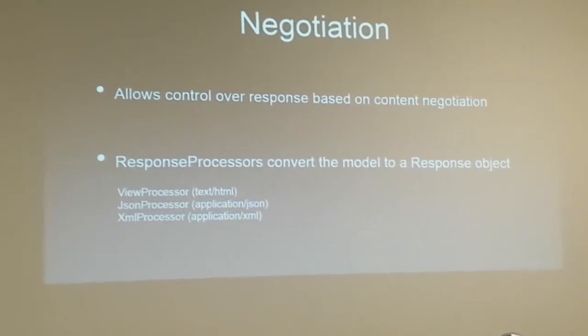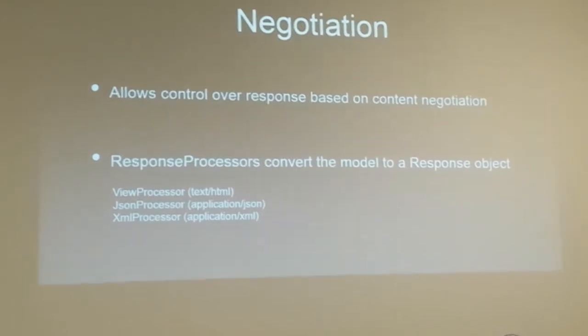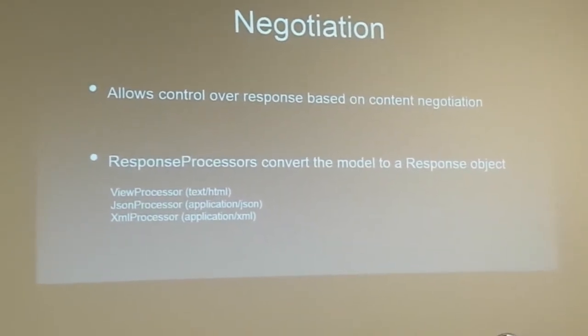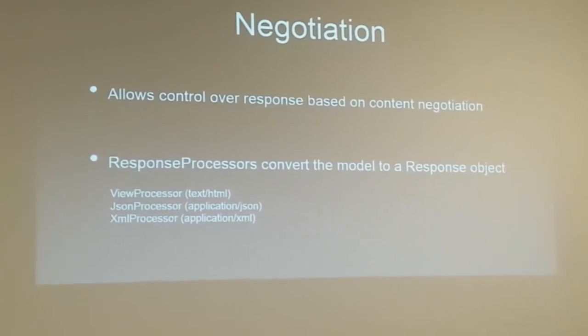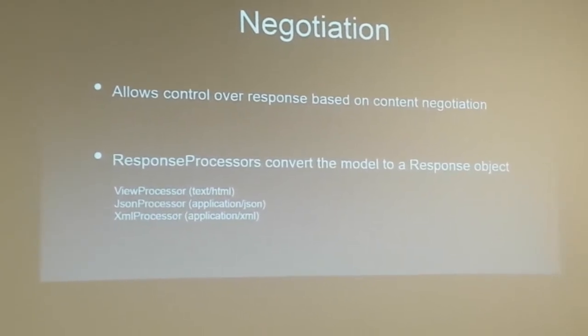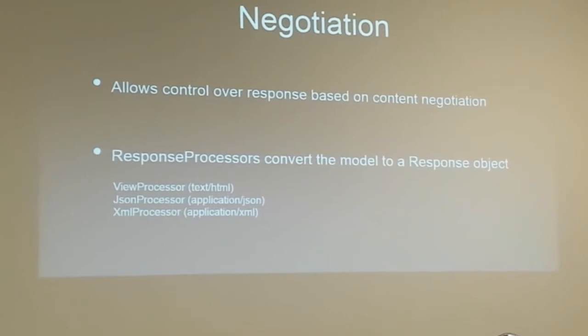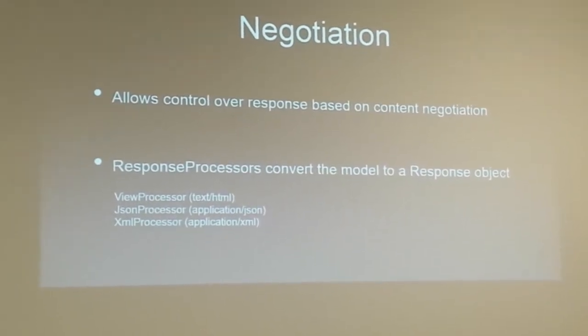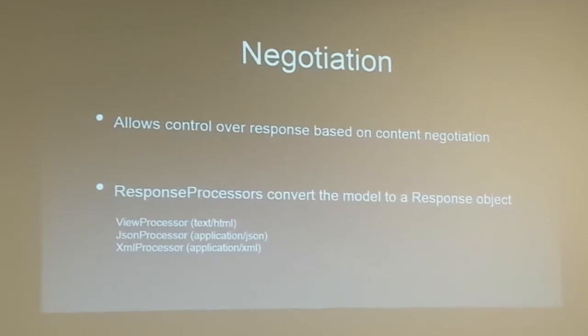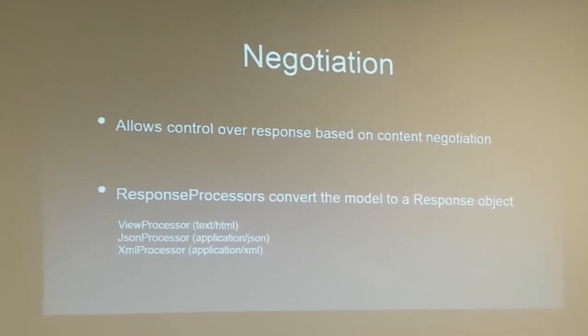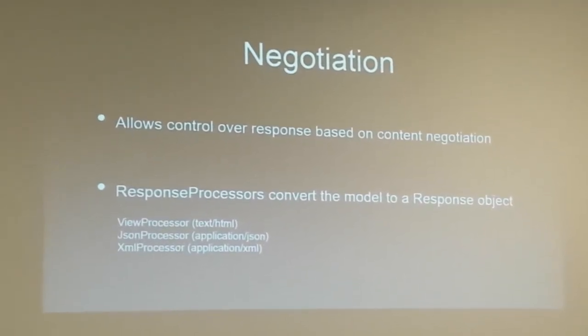If we wanted to send something else back, we want our own binary encoding, for instance, or whatever it happens to be, we just create our own processors, add them to Nancy in terms of the config, and then we've got ourselves a new content type. If we do our own custom content types, again, we create a processor for it and do our thing. No problem at all.